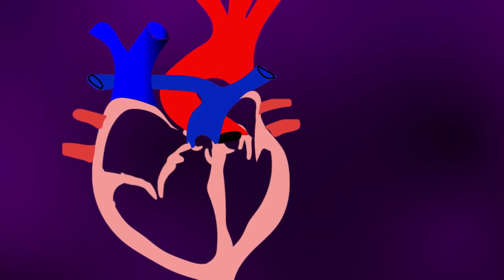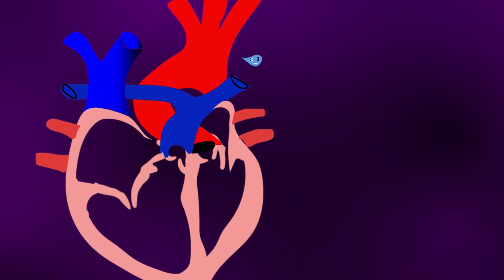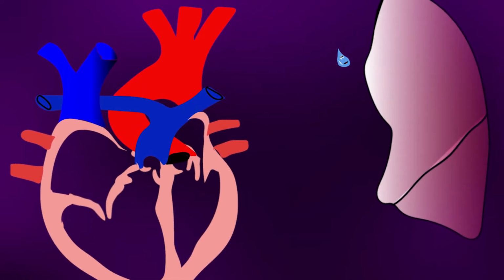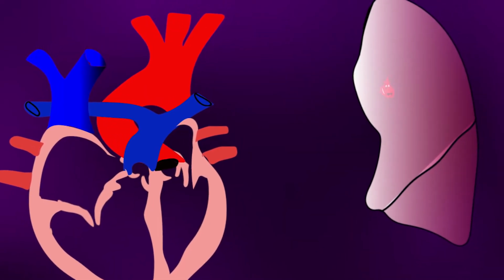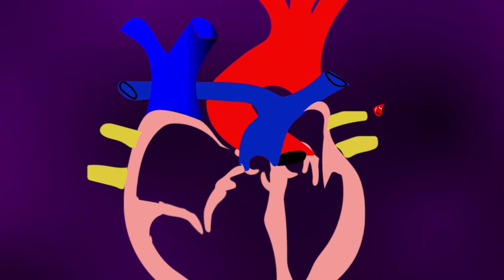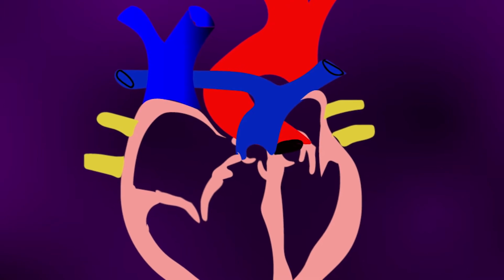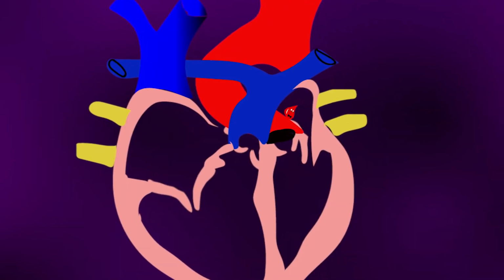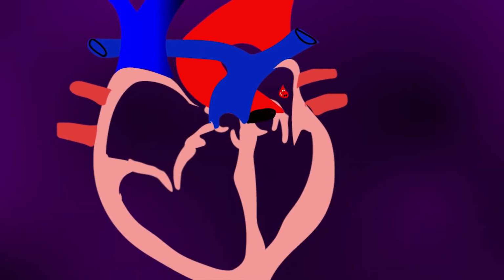The pulmonary artery is the only artery in the body that carries deoxygenated blood. It finally makes its way into our hard-working lungs that oxygenate it, giving it a bright red color. The red blood now re-enters the heart through the pulmonary veins, which are interestingly the only veins in the body that carry oxygenated blood. It makes its way to the left atrium and finds its way through the mitral valve